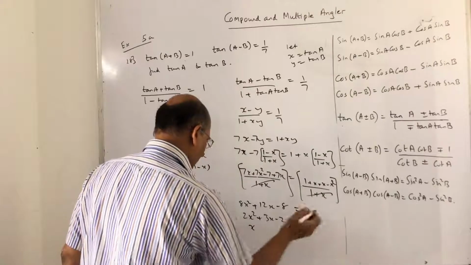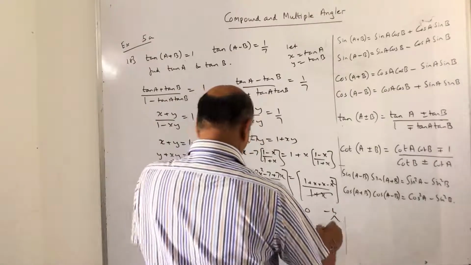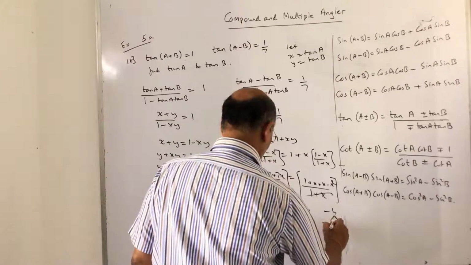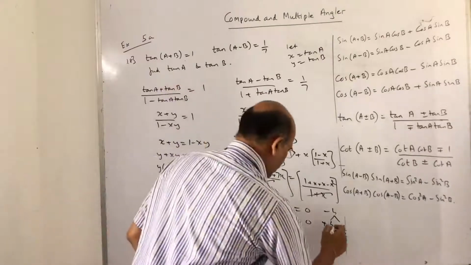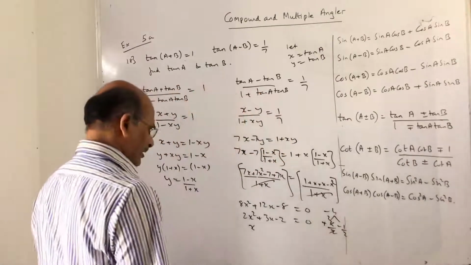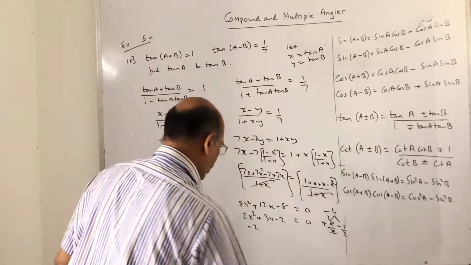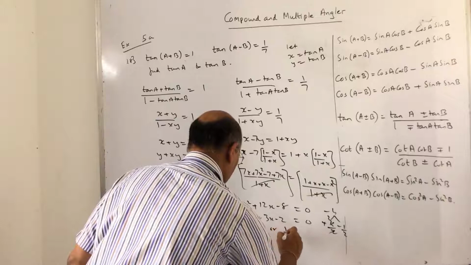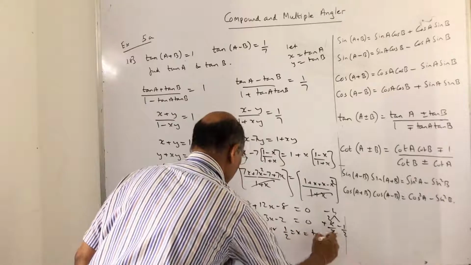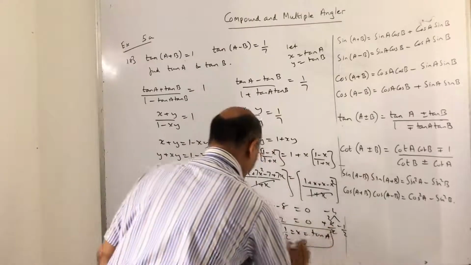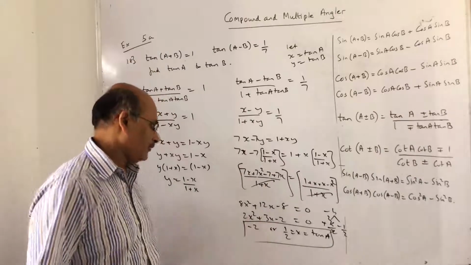So I'll just factorize this: I want 3, so plus 4 and minus 1, divided by 2. I'm doing the shortcut, you can do it the better way. 2 2s are 4. So I think the answer should be minus 2 or 1 by 2. Now what is this x? x is tan A. This is a quadratic. I just solved the quadratic. You can do it the way you want, but there is no place, that's why I just wrote this form.